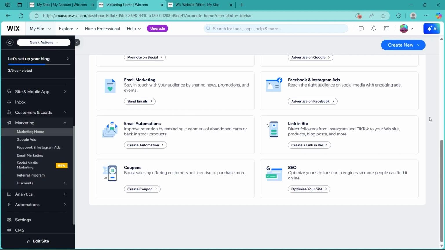And by following these steps, you'll have a fully optimized Wix website that's more likely to rank higher on search engines. Regularly review your SEO settings to keep improving your visibility and driving